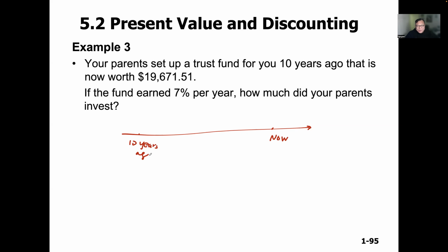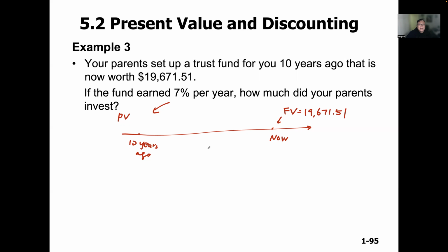So which time point is the earlier money? On this timeline, the 10 years ago is the early money. So this is the present value. And this is the later money, so this is the future value. So now it's worth this. So the future value is